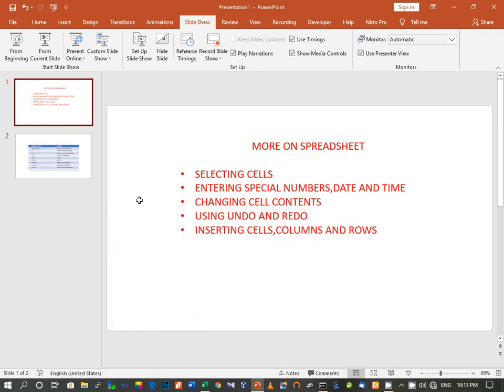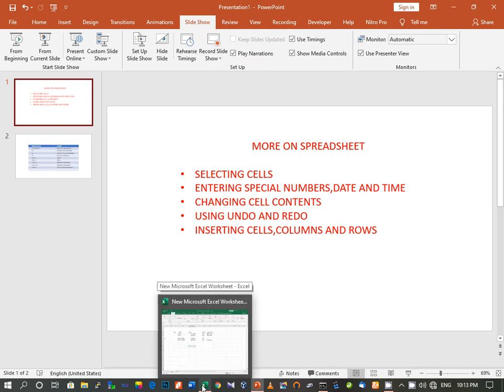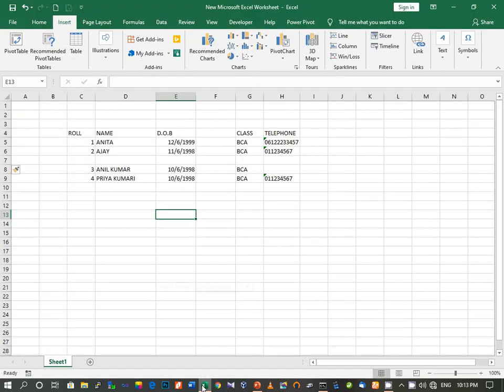Here you can see that when I pressed Control plus F9, your worksheet got minimized. And when I press Control plus F10 again, your worksheet will be maximized. So this is how we can minimize and maximize a worksheet.